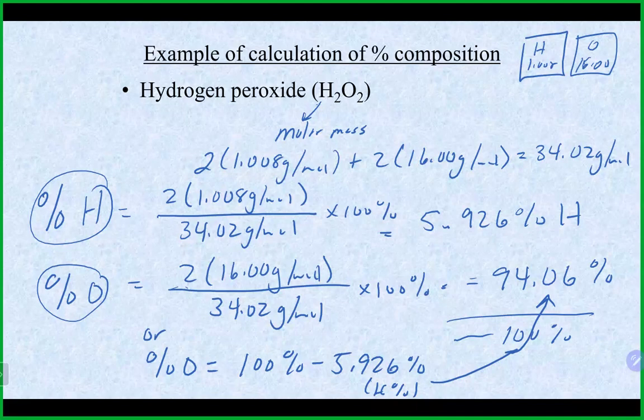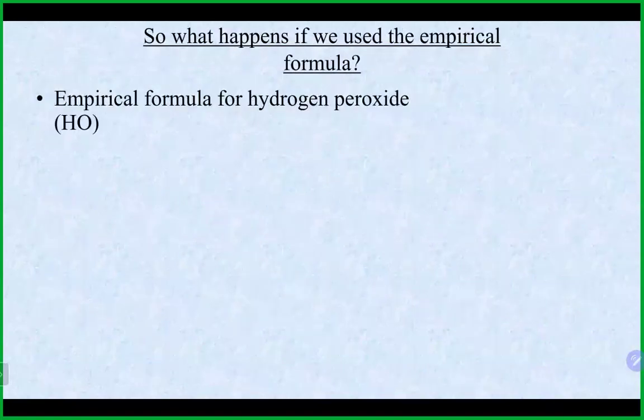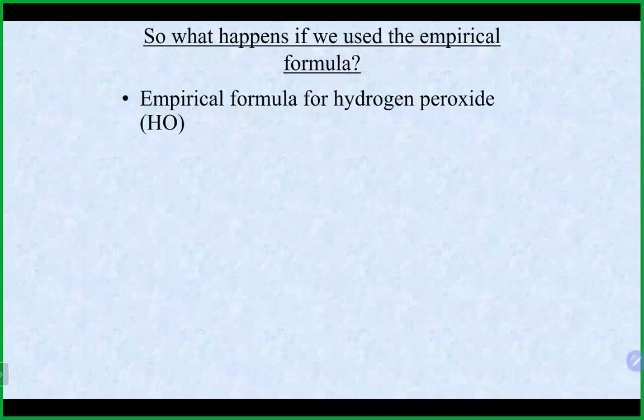Any questions on that there? All right, so why don't you try one here? Why don't you try the empirical formula for hydrogen peroxide, which is HO. So see what you come up with. The percent composition of